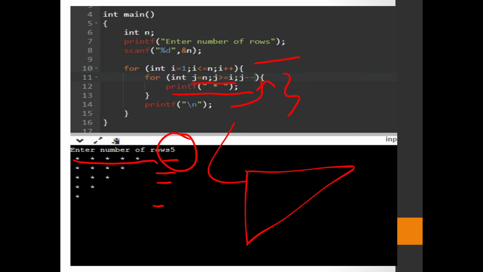This is the same kind of code I explained earlier. You can execute these programs on your own in any compiler, and you will get an idea of how to draw these types of patterns.